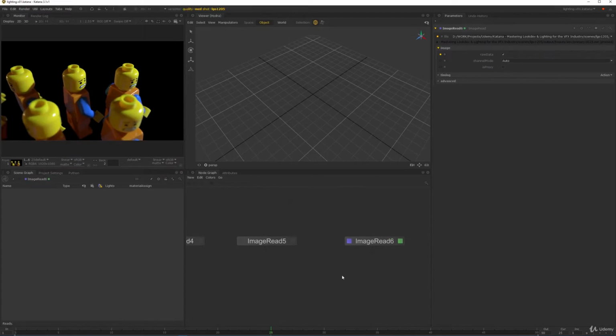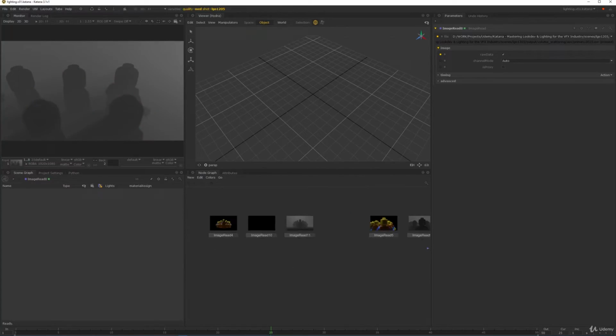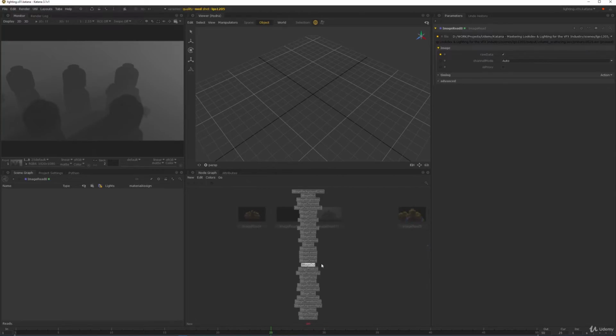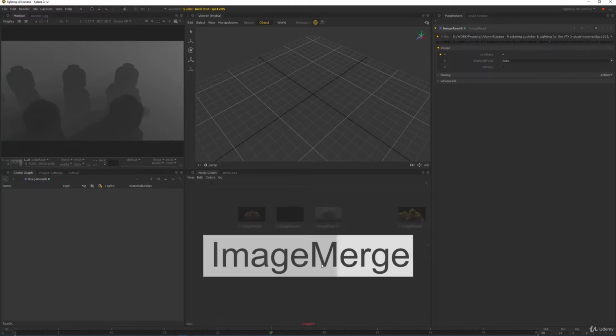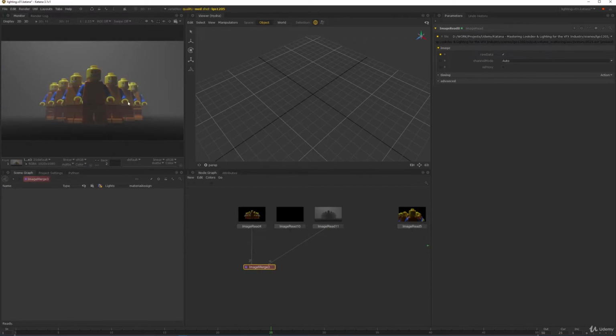So the next step would be to load in the other passes for each of these shots. So let's just create another image read, and obviously this process is a bit time consuming, so I'll just create all these image reads right now. Alright, so now you can see I have all those images loaded in, and so let's just do a simple pre-comp and just plus in the scattering on top. So it's an image merge, let's just create that. The background is our beauty render, and then we just plus on top the scattering,